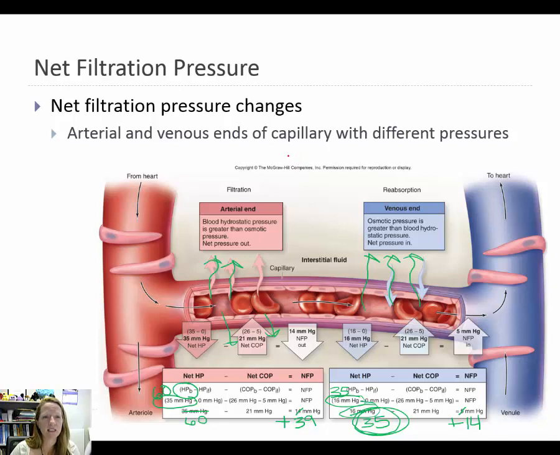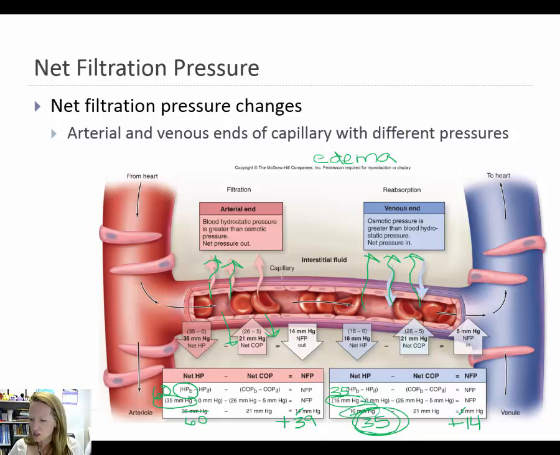Yes, you have the lymphatic system to pick up some excess fluid, but sometimes it can't keep up if it's that much. And so you have this fluid that's trapped in the interstitial spaces, and that's how edema can occur with hypertension. It's because of this whole imbalance between filtration and